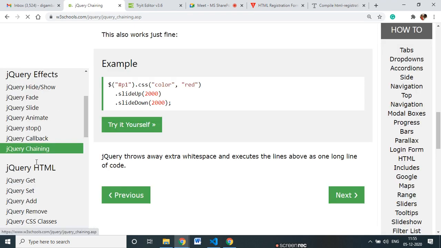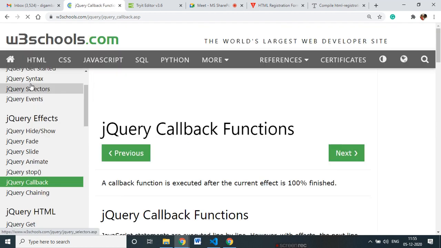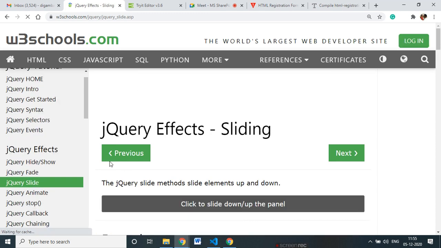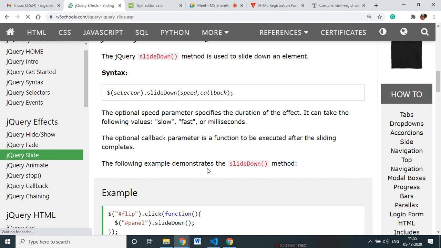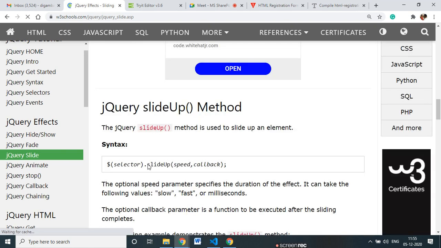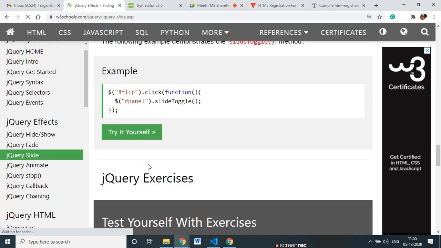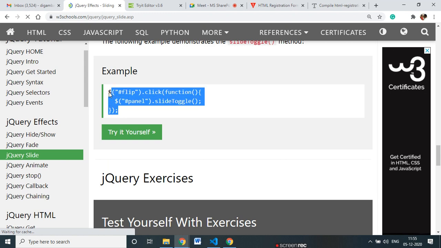Toggle sliding, or fade sliding also works, or slide up. Recently we explored the slide toggle effect. This effect I like.